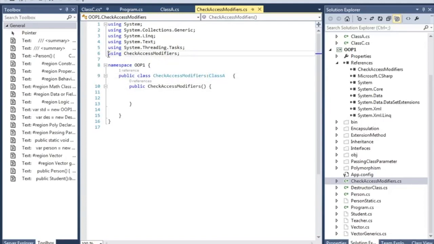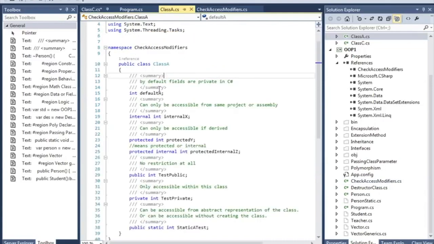If you see, I have already imported the namespace Check Class Modifiers, and here is the class.